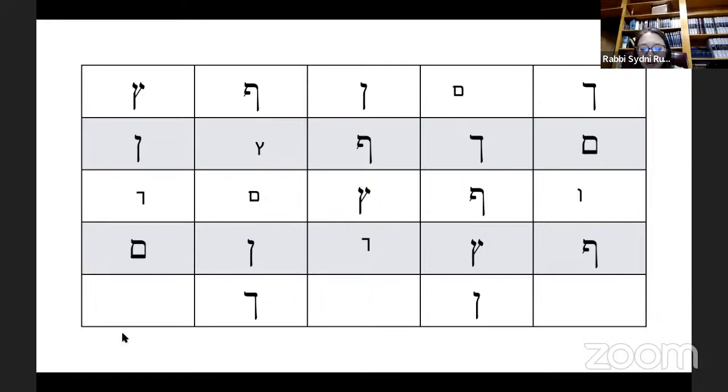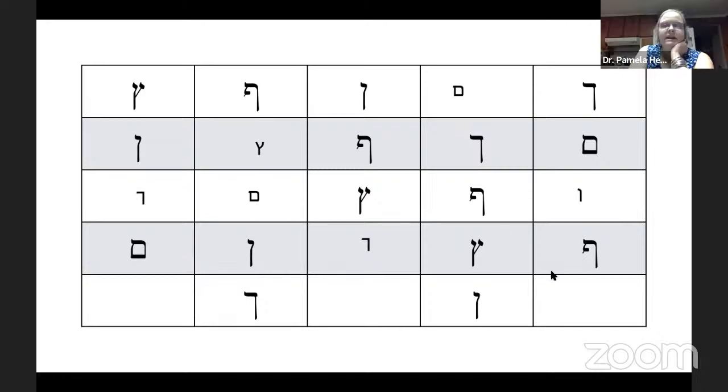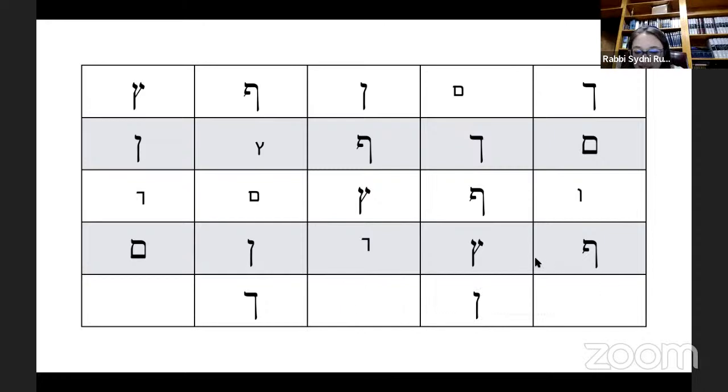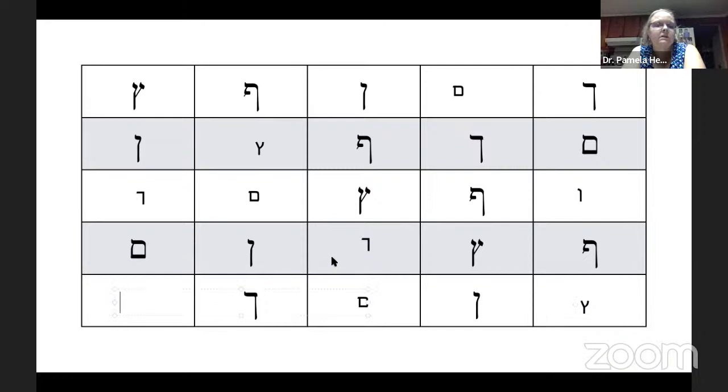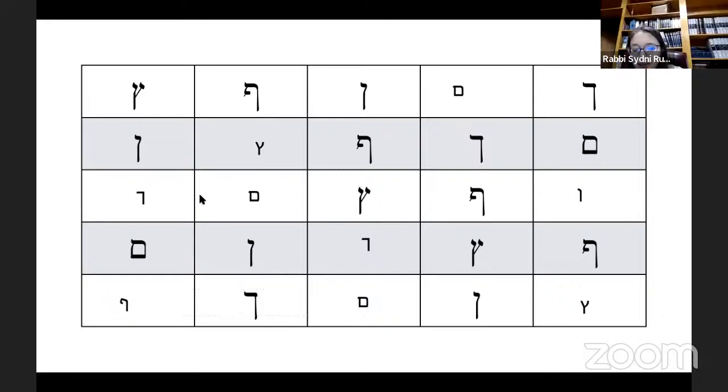So this is Sudoku logic, right? We know that because you can't have a Chaf Sofit at the bottom because there's a Chaf right next to it. But you can have a mem in the middle, and that's the one that's missing. How about on the right? We have a Sadi. And then on the left, we're missing a Fe. Great.